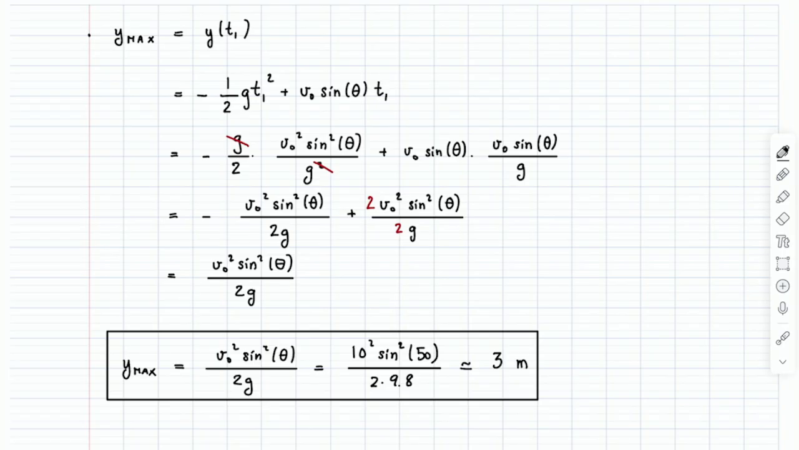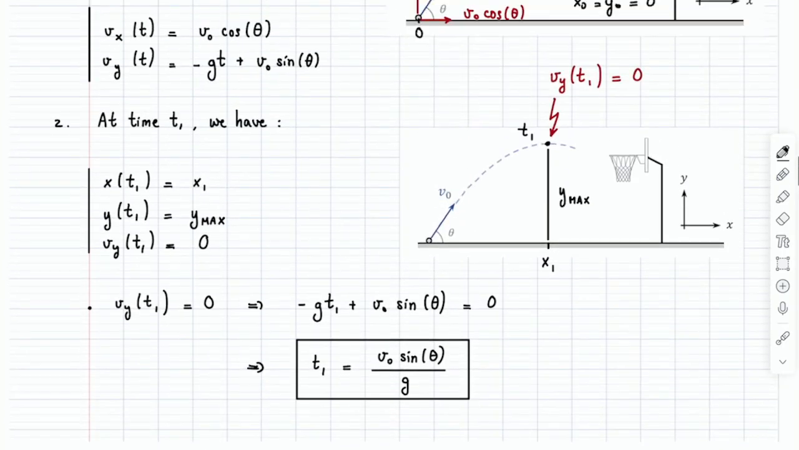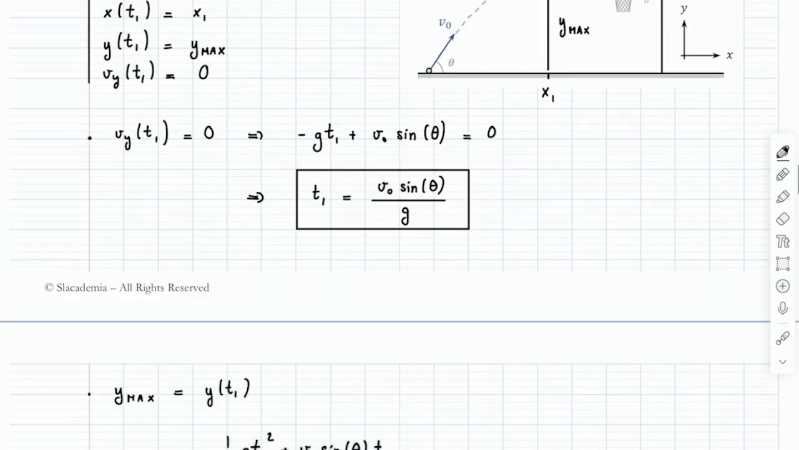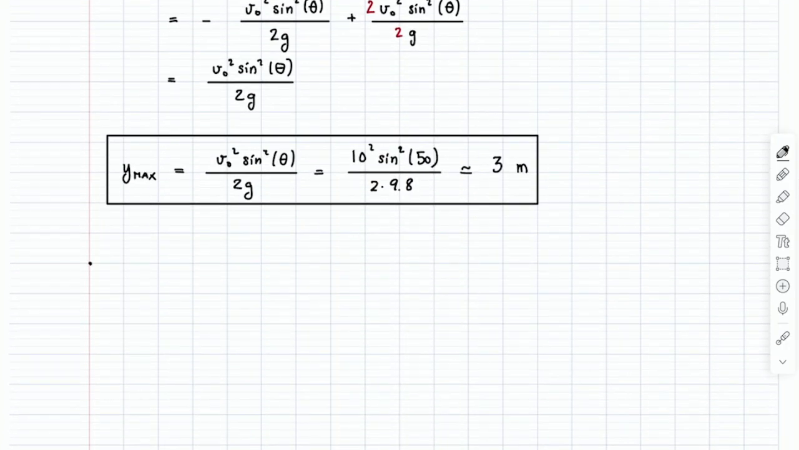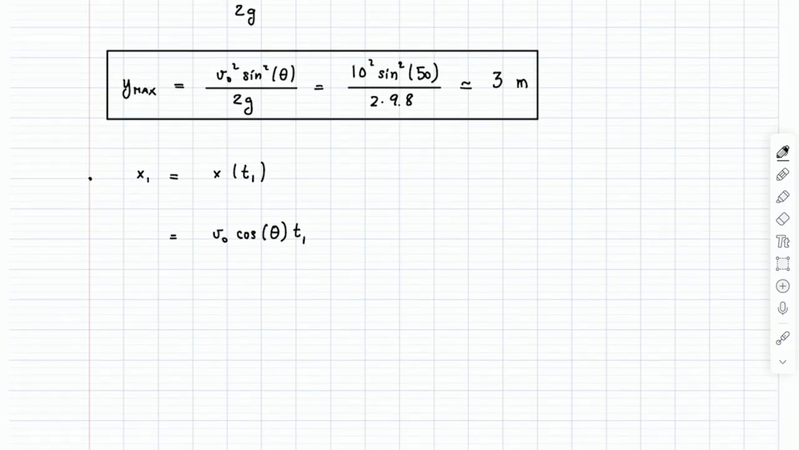At what x location, because there's a two-part question, yeah? We are looking for this, which we just found is 3 meters. We're also looking for this, the x location where it occurs. Okay, so that's just going to be x1 is equal to x at time t1, which is v naught cosine theta times t1. Okay, and so that is v naught cosine theta multiplied by t1, which is v naught sine theta